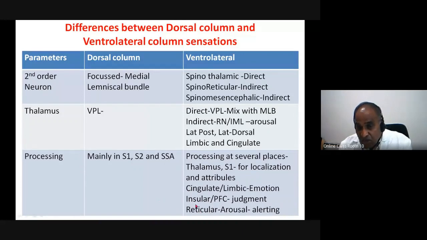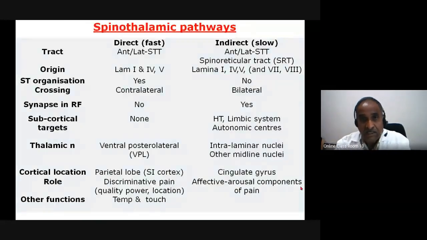Then there is processing at the reticular level. From the reticular level, it goes to the reticular nucleus and these structures. This is for arousal or alerting response. If these neurons are cut, there is a coma, or if these neurons are suppressed, that becomes anesthesia. Okay, now